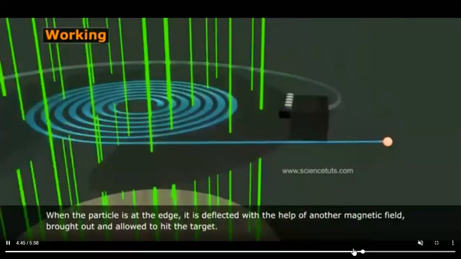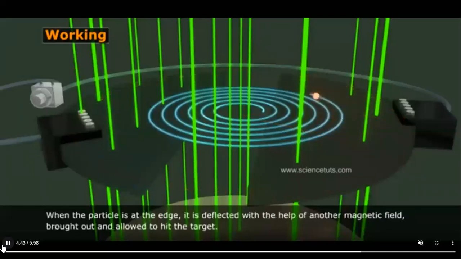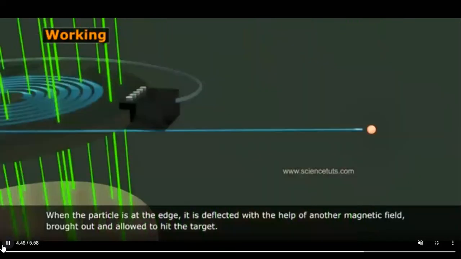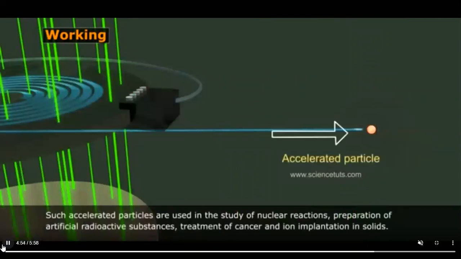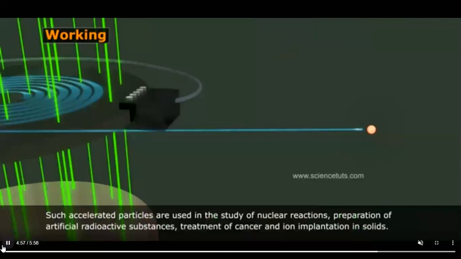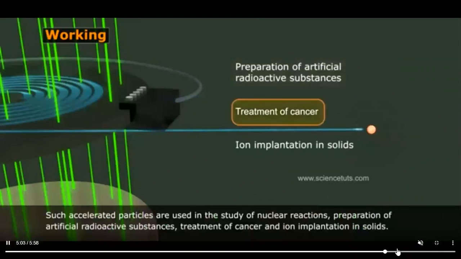So when do you think the particle will be released? I told you one point. When is a particle released? When it hits the D, when it comes to one of the ends of the Ds. Once the particle is released, it will be projected towards the necessary target, so that we call it bombarded. That is a technical name that is used. So the target particle will be bombarded with this accelerated particle. Now you understand why it is accelerated? Because its velocity is constantly increased by using the crossed electric and magnetic fields.